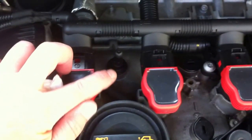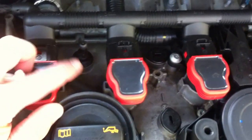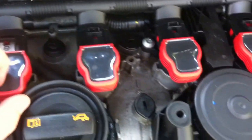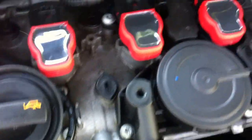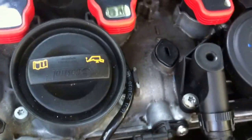There's little seals in those, and I saw one or two of them were actually leaking, and I think there's only two that actually go all the way through, and they have an O-ring inside of those. What else? This was leaking. I might put a little RTV in there